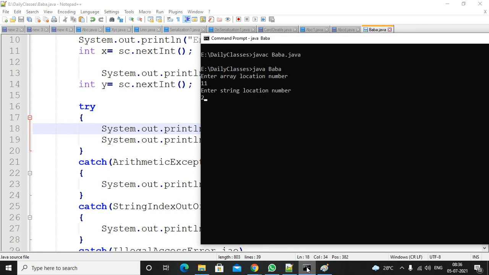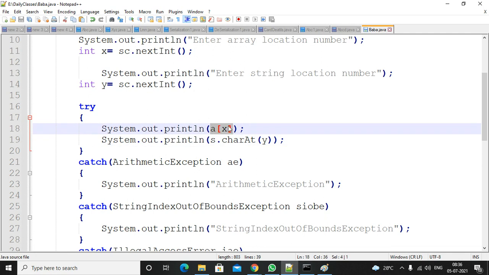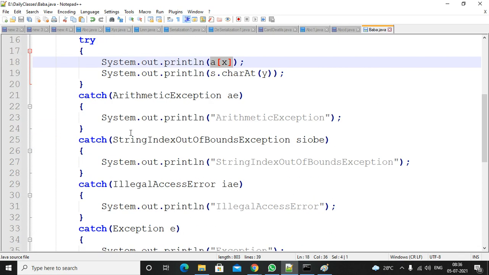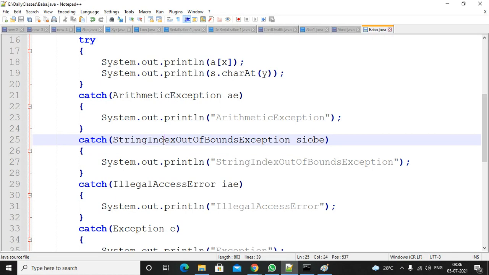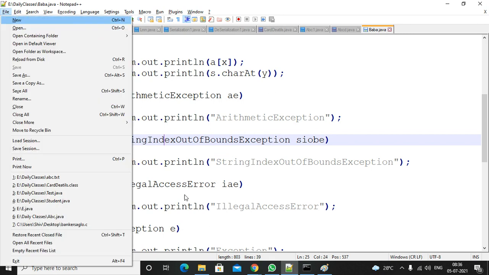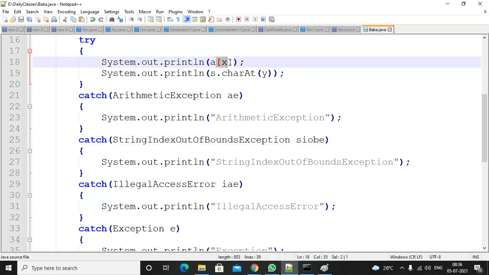First it is trying to fetch the value at the first array location. So this location will fail here. If it fails, it automatically goes to the arithmetic exception block. You don't need to write in the same line, you can keep it here also. First you can maintain the string out of bound exception, second the arithmetic exception, no problem. In this case, if there is no parent-child relationship, you can write them in any order. But while writing the exceptions, if there is a parent-child relationship, you need to write the order from child to parent. If you have a doubt, we'll see that one. First let me try. So in this case you will get an arithmetic exception.